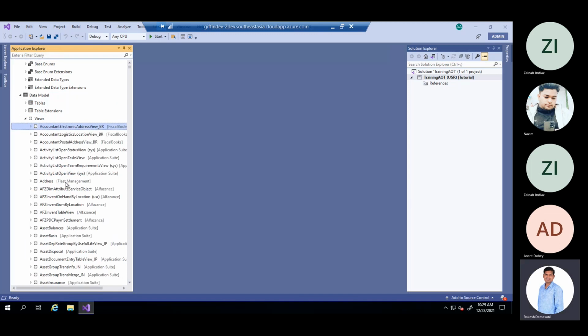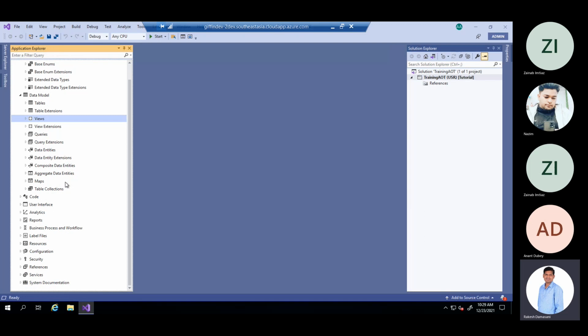And views are nothing but a combination of more than 2 tables. We will create views just to see the data in one single table, which is non-editable. Queries are nothing but where we join more than 2 tables, or in some cases create a query for a single table also.